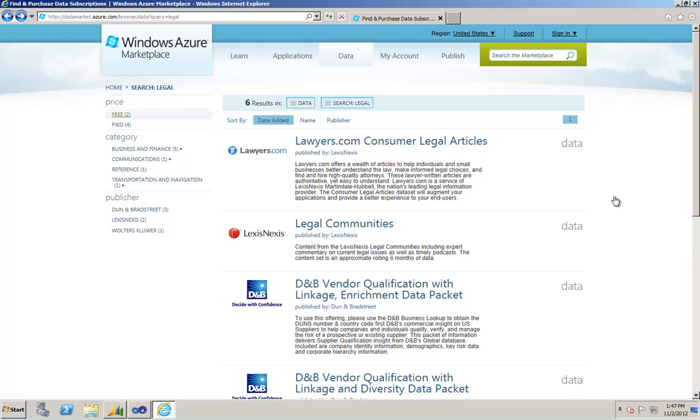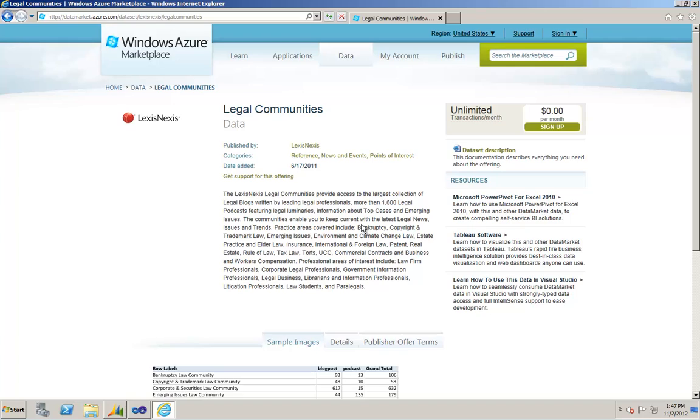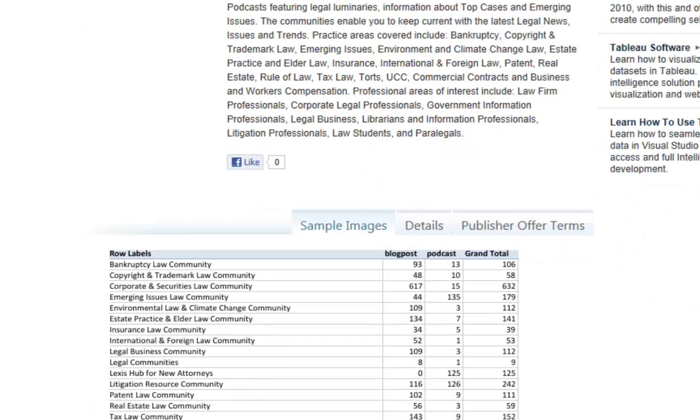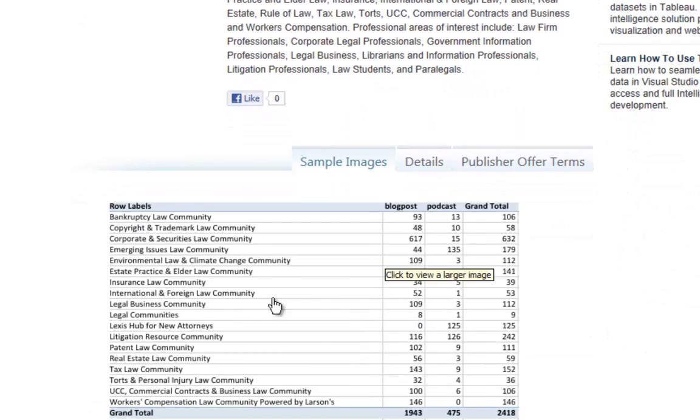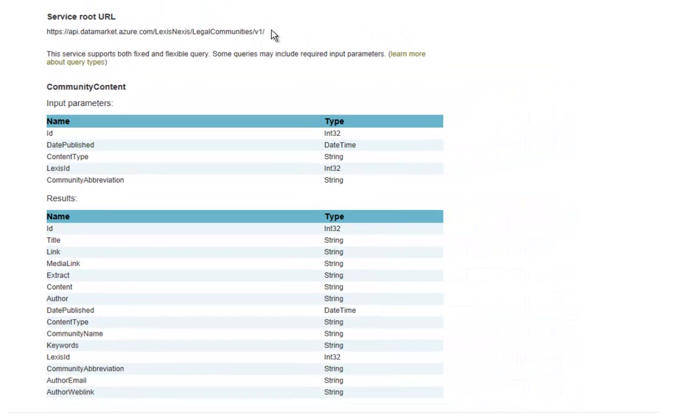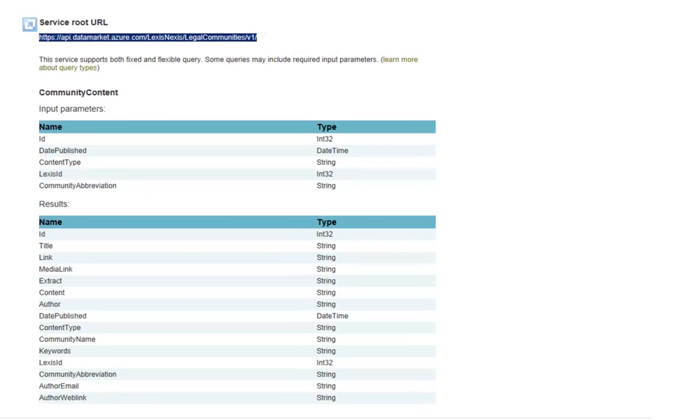I'm just going to select one of the entries off this list, and I'm going to choose a second entry down. This is the company that I currently work for. You click on one of the entries, it brings up a screen that looks like this, and you get a very brief synopsis of what the service is all about, the publisher date, the categories attached to this particular service, some sample images or output of what you would get if you were to use a service, some technical details relating to the service, specifically the root URL and the methods and signatures that are involved as part of invocation of this service,